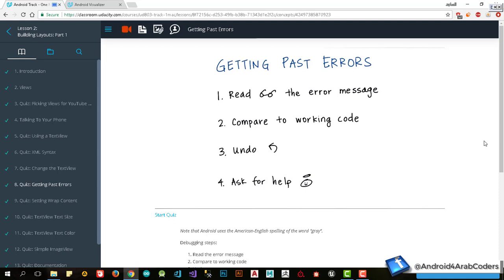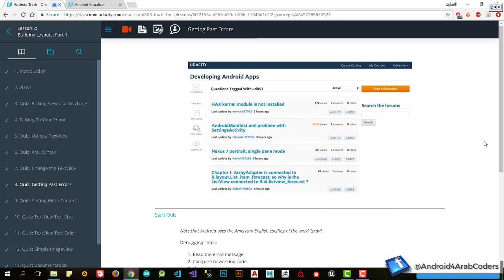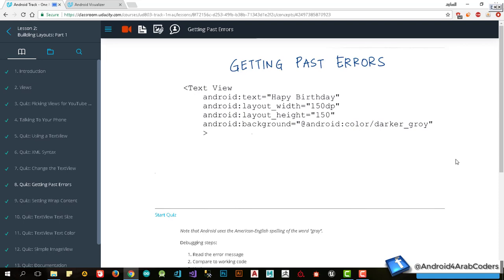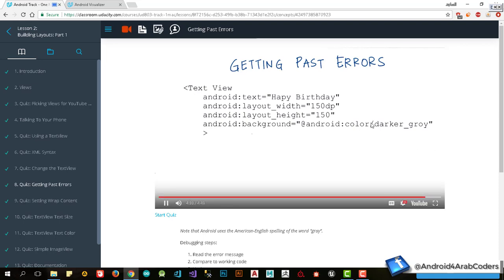You can also take a screenshot of the work that you're doing, whether it's on the phone or in the XML visualizer, and share that along with the code on the forums or in chat so that people know the context in which you're asking. Check out the instructor notes for more details. Okay, so here's a chance for you to practice some of those techniques. I have some code here that has errors. If you click on the link below, it'll bring you to the XML visualizer with this